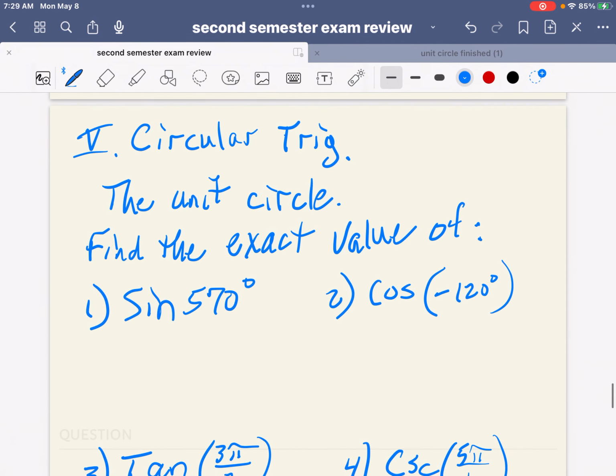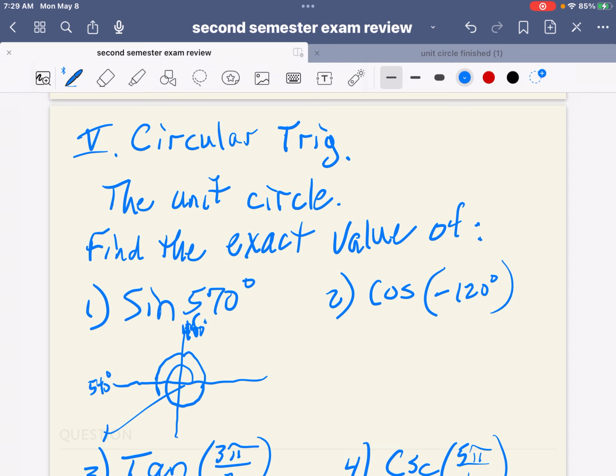Also, a part of circular trigonometry was we learned about the unit circle, how to find the exact values of trig ratios at angles on the unit circle. So let's see, find the sine of 570 degrees. Well, the first thing we need to do is find out where 570 degrees is. So let's see, if I go around, that's 360. And if I go around to here, that's 450 degrees. And then, let's see, 450 plus 90 is 540 degrees. So